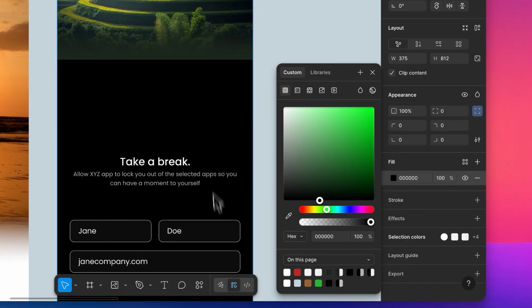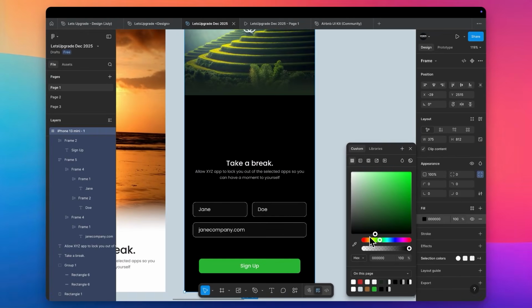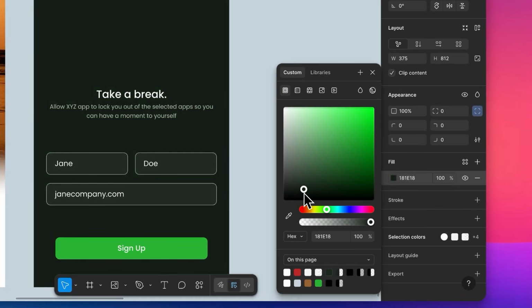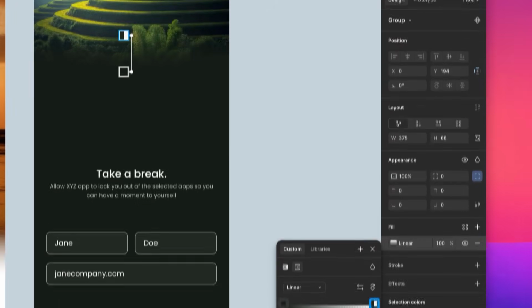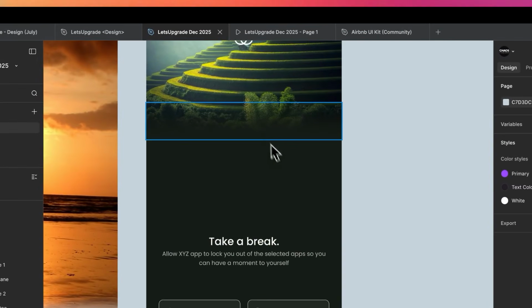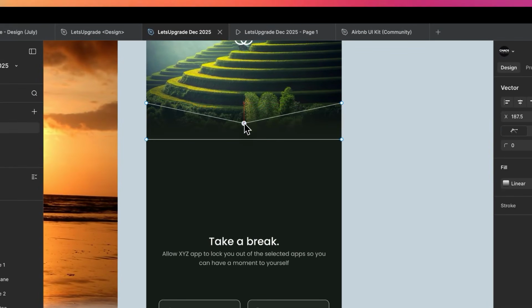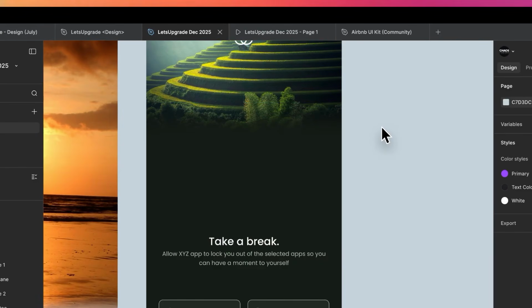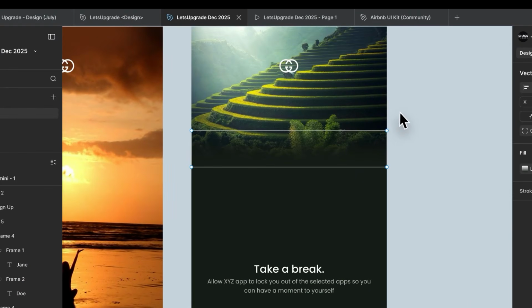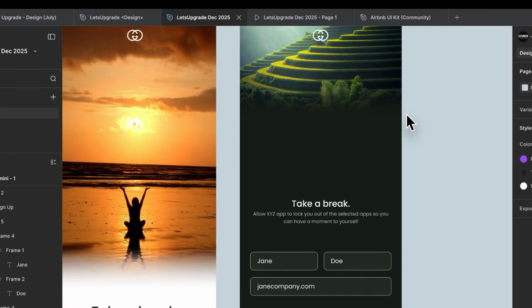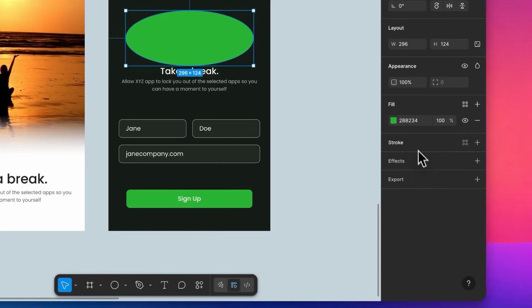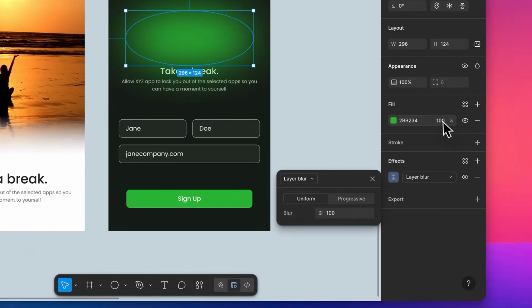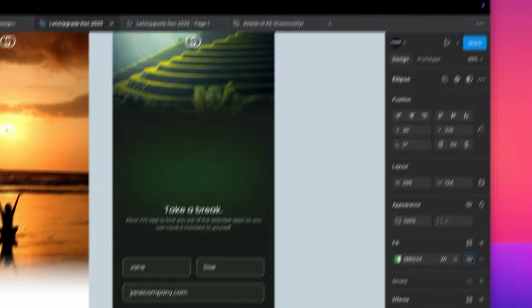So for example, this is what we get when we get pitch black. We don't necessarily need to go for that. We can use a variety of colors that are as close as black, and we can even add some sort of a gradient over here to blend the image into the background, and we can add certain colors in the background with the help of layer blur. So select layer blur. I'm going to reduce the opacity for this to 20%